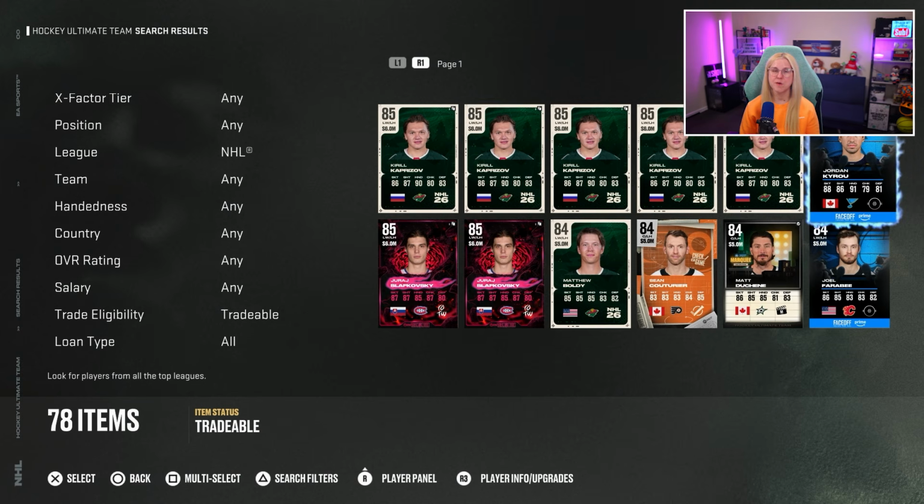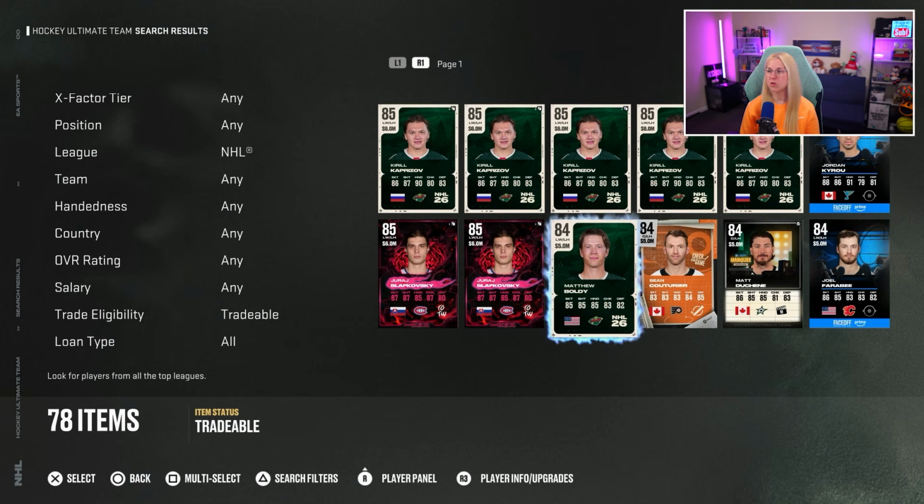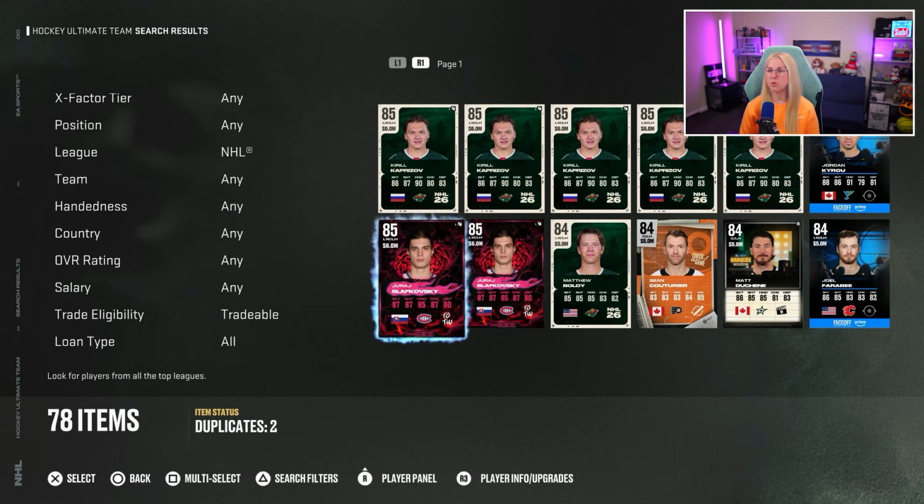Also, Jordan Kyrou. I don't know why, I have a feeling they will release some crazy lineup combinations before the season ends, so I decided to go and buy him as well. Matthew Boldy, American and also Minnesota Wild. I decided to go and buy two Juraj Slavkovsky